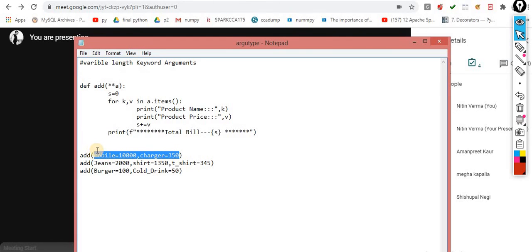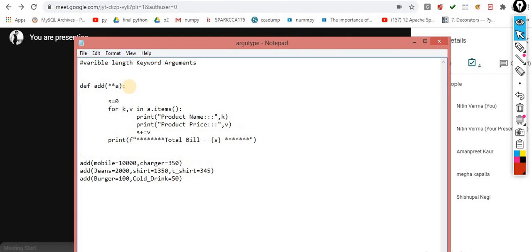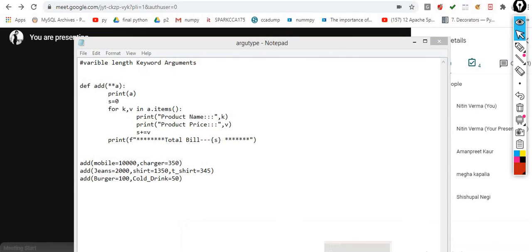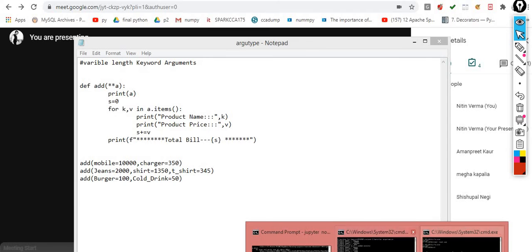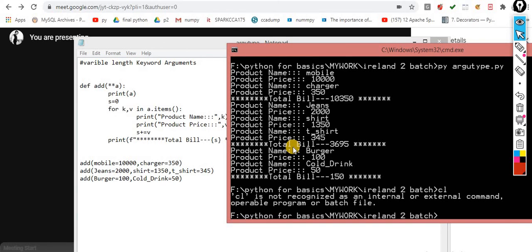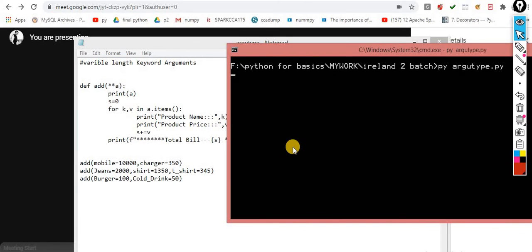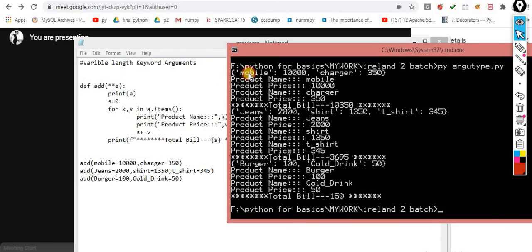If I simply print a, the picture might be more clear to you. So let me print a. Now you will get more clarity. Now you can check, this becomes a key value pair. So this one is a dictionary. This becomes a key, this becomes a value, this becomes a key, this becomes a value. And the logic I am making is the sum of all the values. That's it. I am making this logic over here.